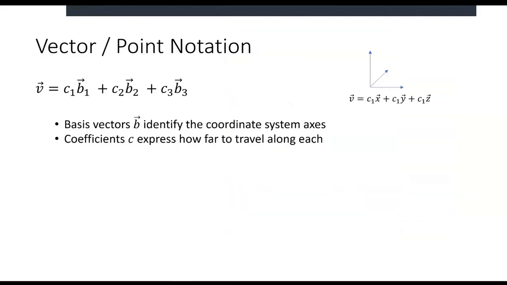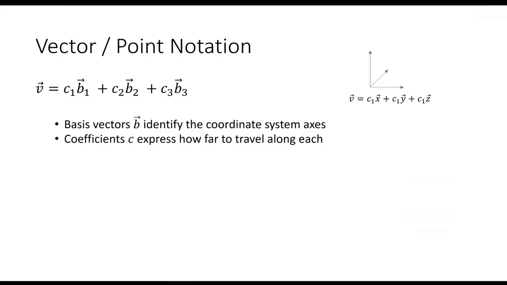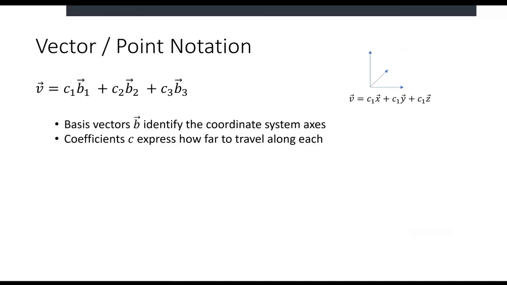When we have a point, we're really walking along our axes, right? So just like a vector is going to have some kind of basis, our axes are going to be our basis. So we're going to say that if we have, let's say, an X, a Y, and a Z position,